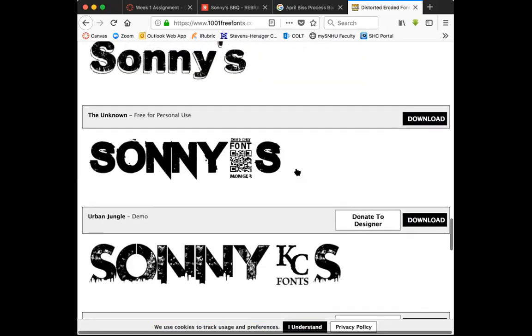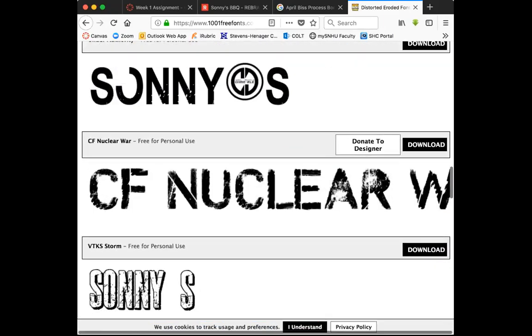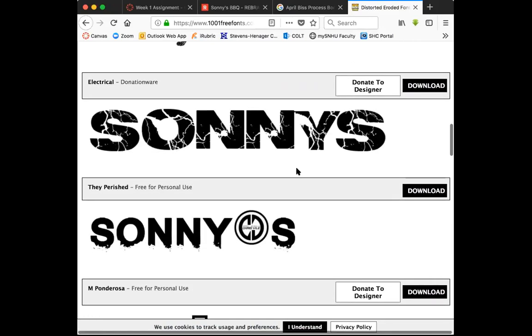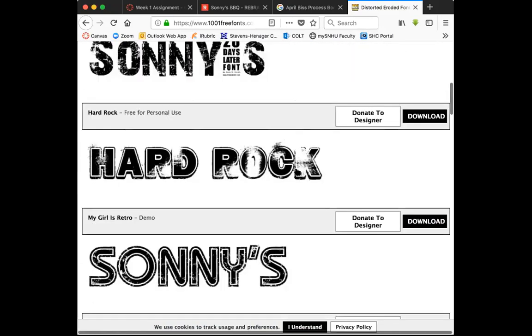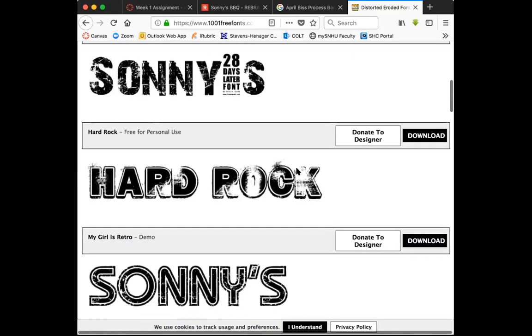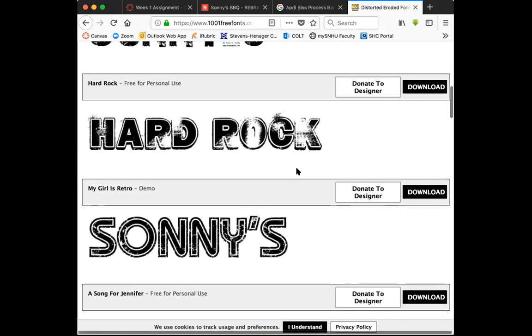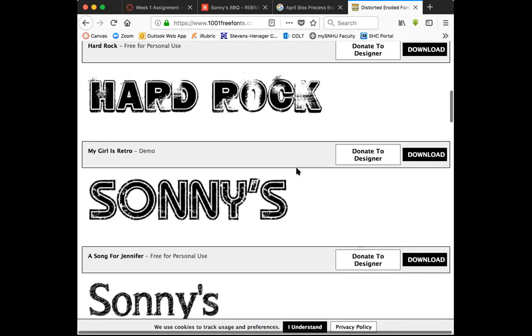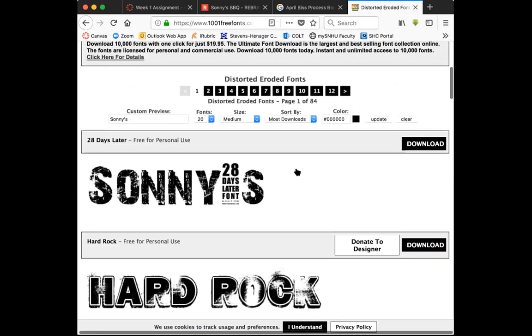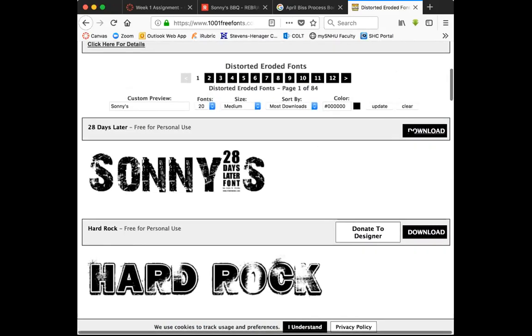And make sure it's readable. This one happens to be a little bit more of an unconventional typeface. I'm going to download this one just to check it out. Download that. So that one is 28 Days Later.